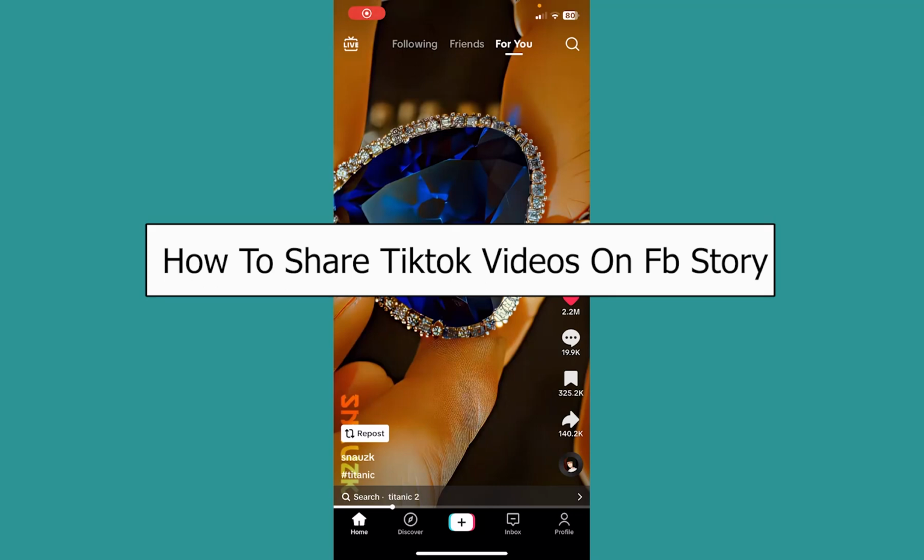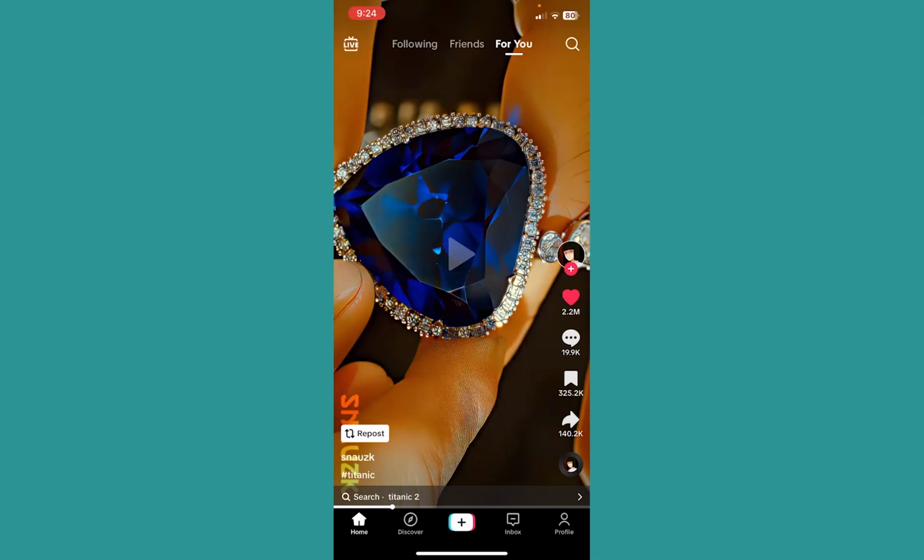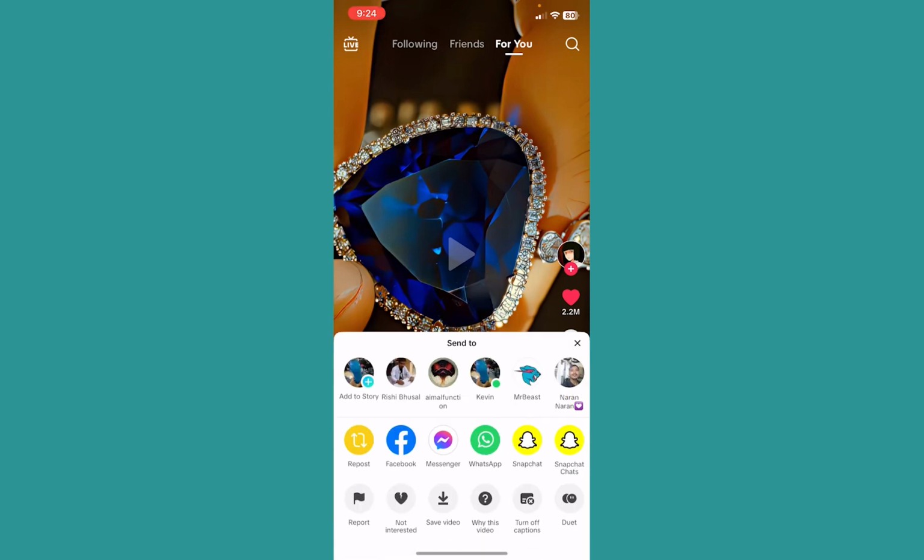Today I'll teach you guys how you can share your TikTok video on Facebook story. So let's say I like this TikTok video and I want to share it on my Facebook story. What I need to do is click on the share icon at the bottom right and click on where it